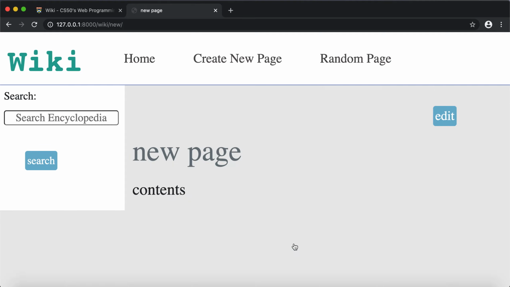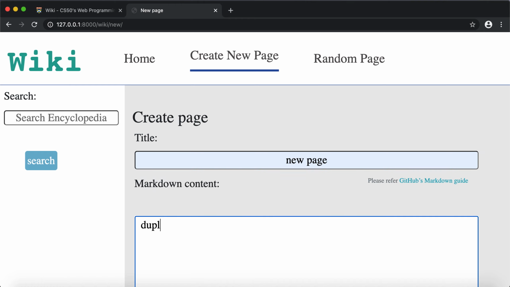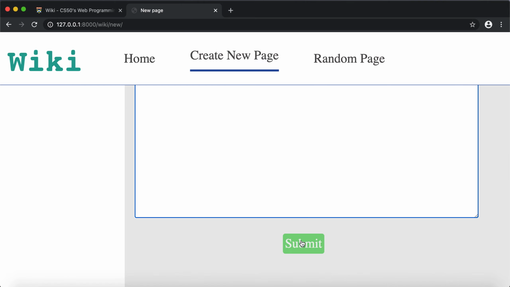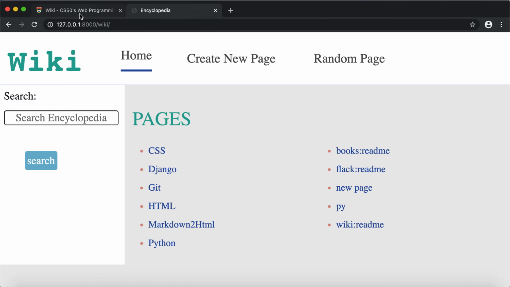I give submit, so I have successfully saved my new page, and it redirected to the new page. Now if I go back to the index and go to new page, I can see all this content. Now if I create another page with the same name, new page, which is a duplicate, when I give submit, it throws an error: page exists with the title new page. So that is create new page.